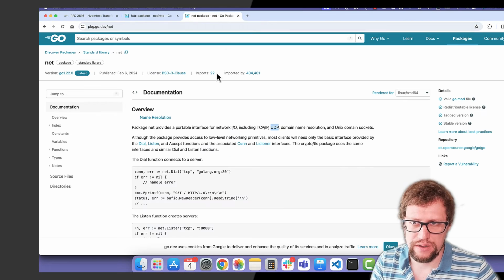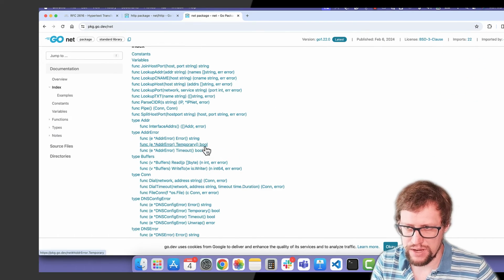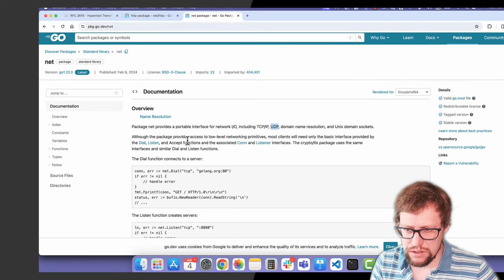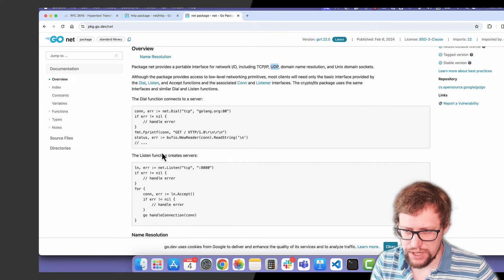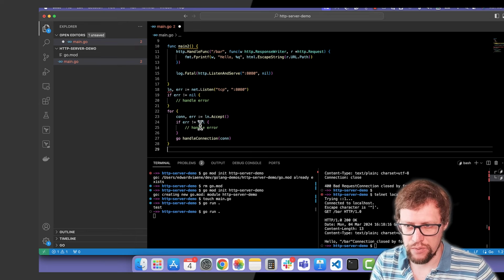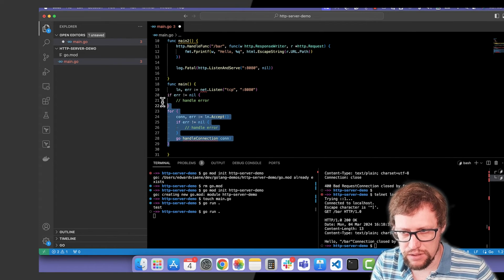Back to our net package. We have a client, but we should also have a server somewhere. I'm not sure if it's in the same package. Yes, it should be. Listen function creates servers. And here, well, we already have an interesting